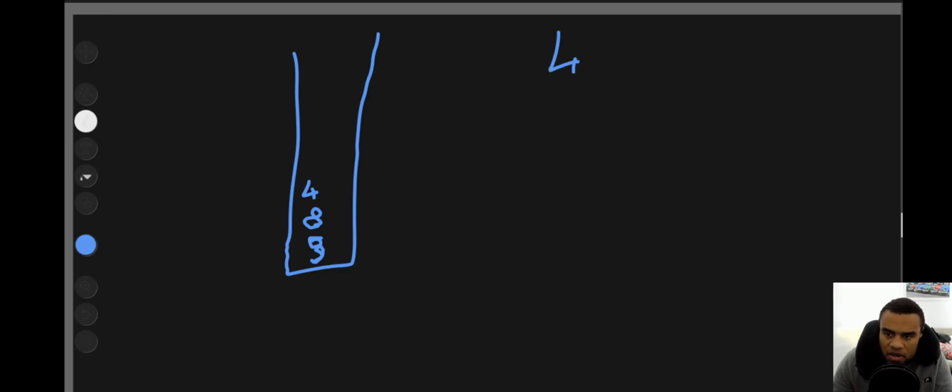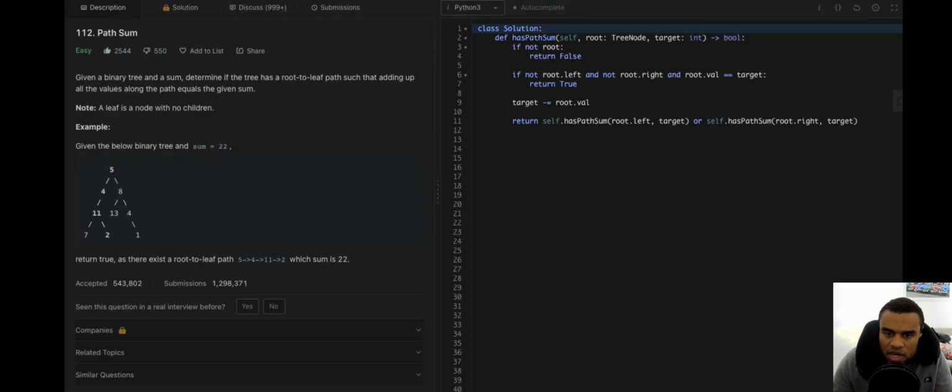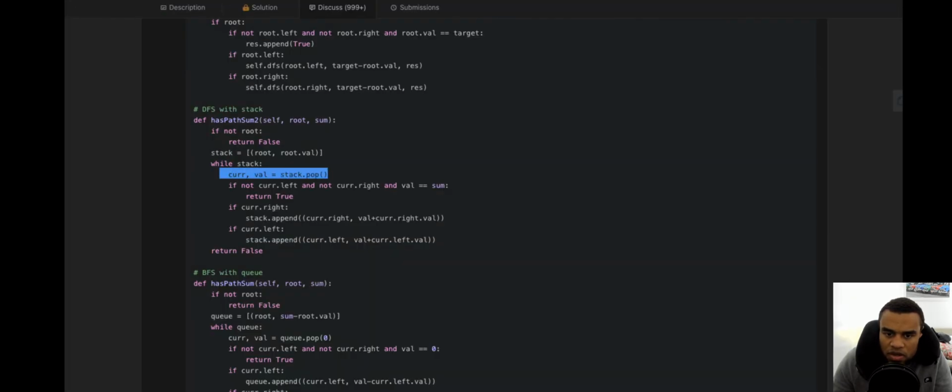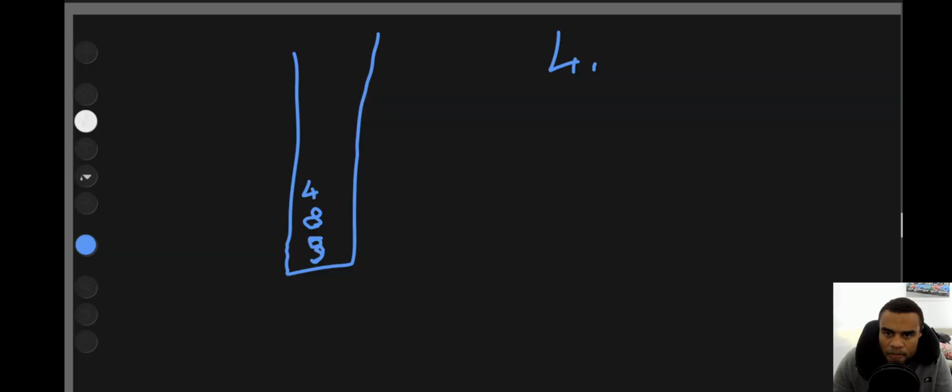Actually, we pop it out initially, don't we? While stack. So before we even append, we've already popped out 5. It has a left and a right, 4 being the left, 8 being the right.